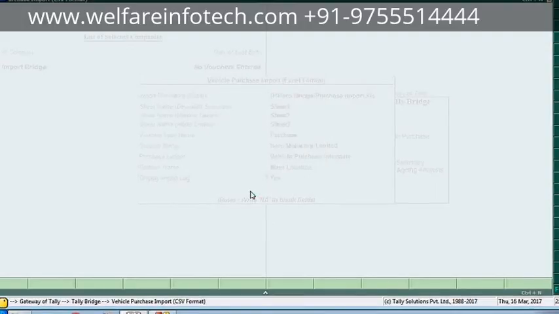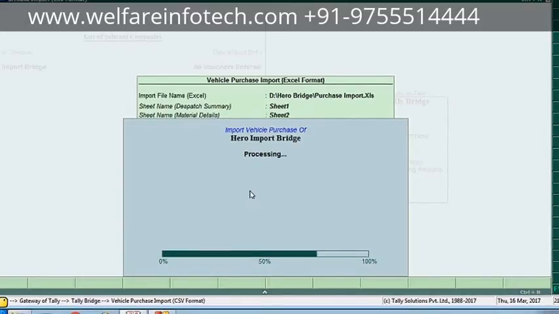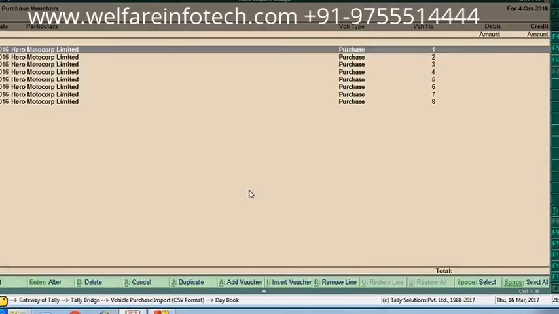You only have to do these small things when you receive 300, 400 lots of vehicles from the Hero Motocorp. If we go for manual feeding, it will take so much time, but if we go for import, it will take only a few minutes. Now our voucher has been imported, we are ready,